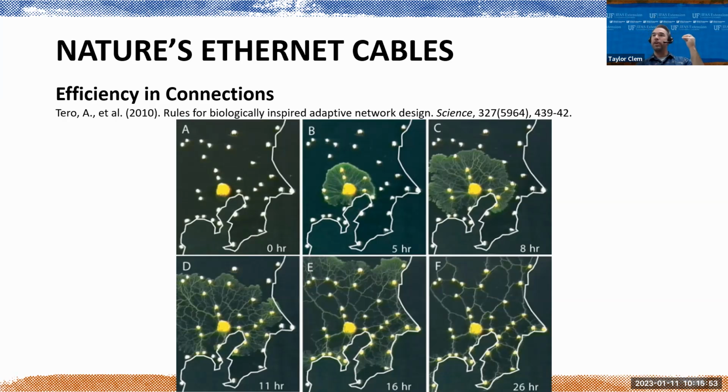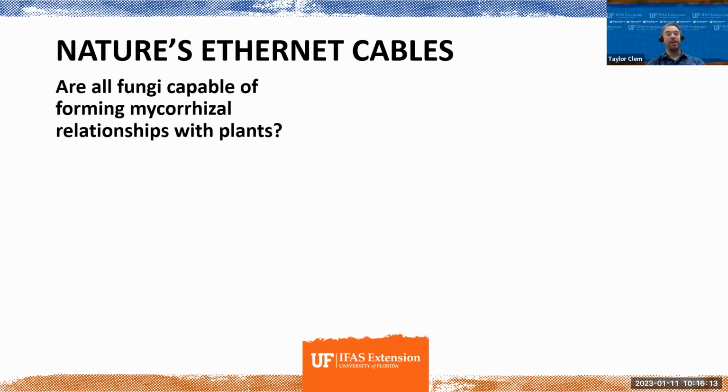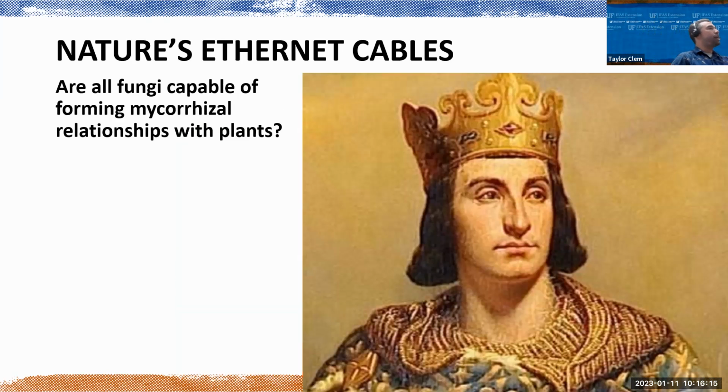But nonetheless, it's that efficiency and connections. So we think of ourselves as creating networks that are efficient, but nature is wildly good at it. And we're seeing this not necessarily just within slime mold, which is a fungus, but we're seeing this in our mycorrhizal networks. We're looking at efficiency and connections because all of a sudden what we're starting to see is a connection between those plants, those roots, and that fungi, and they're looking for that efficient connection.